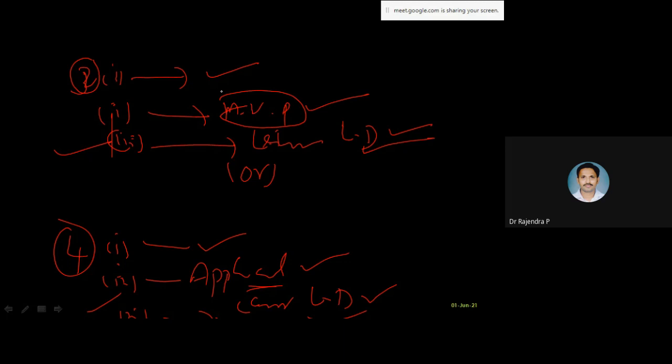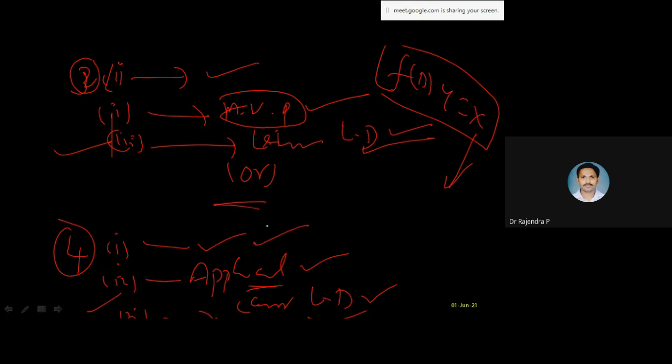Before that, how we solved this particular problem, f of D into y equal to X, depending on X, different 3 cases are there. So you may get either sine, cos, or maybe exponential, or any other function. Those types of problems will come here as the first question. There is an internal choice also. So here also we are going to get the same question. That is the reason we spent a lot of time on that. We did more than 10 problems.